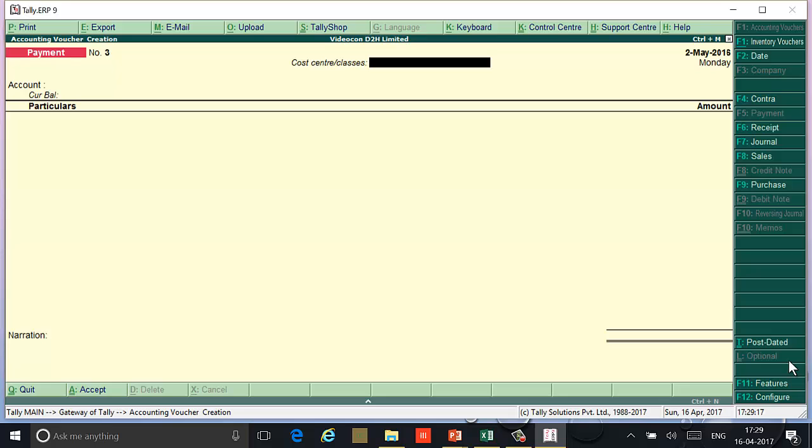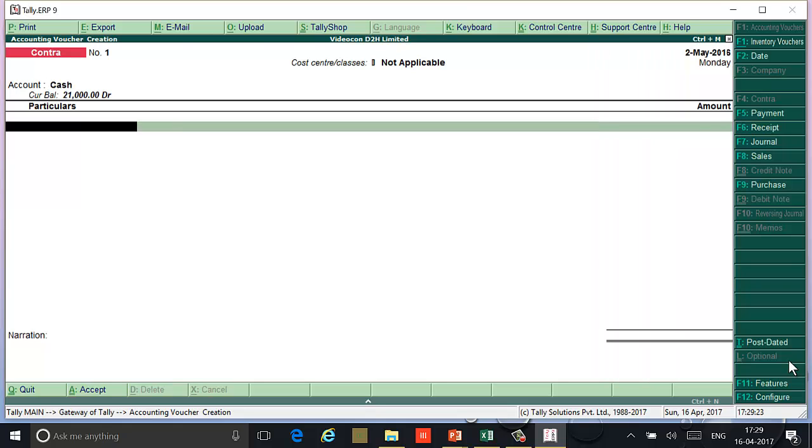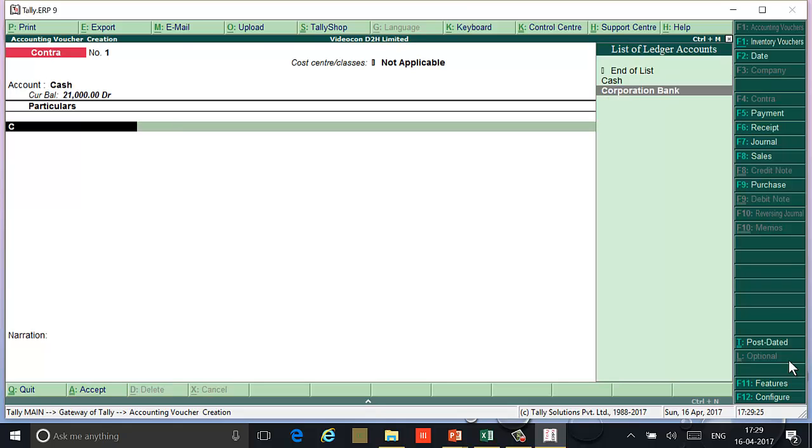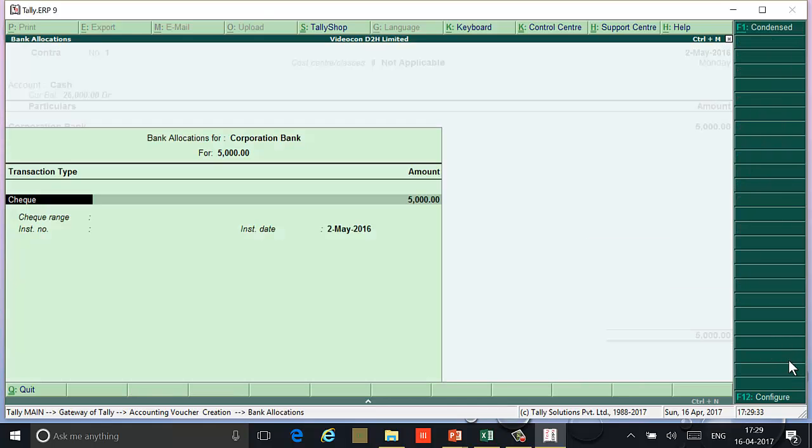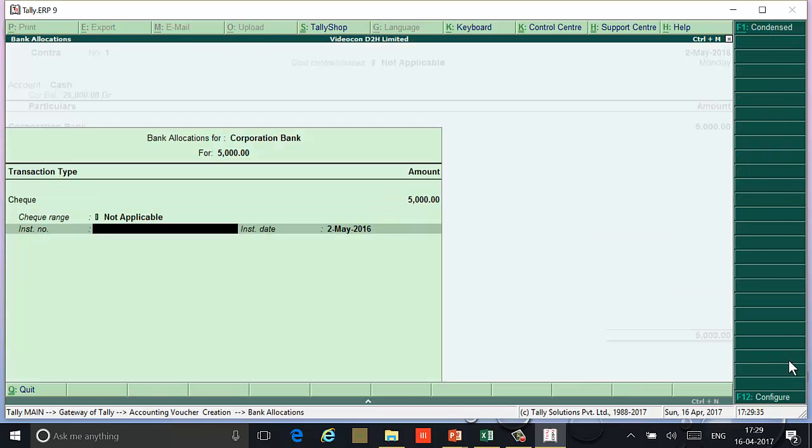So F4 for contra voucher. Here cash will be debited and Corporation Bank will be credited. So the amount is 5,000, and the check number is 258747,